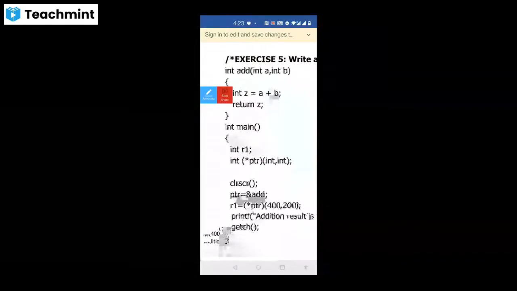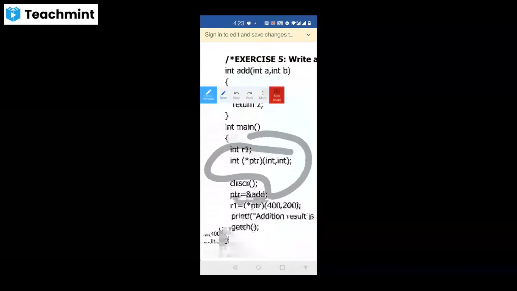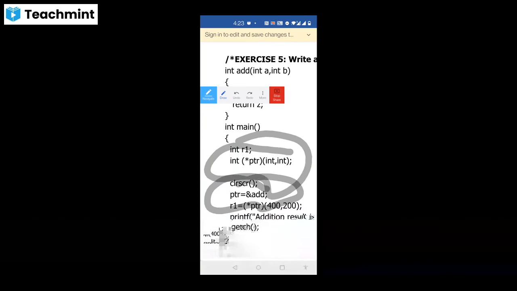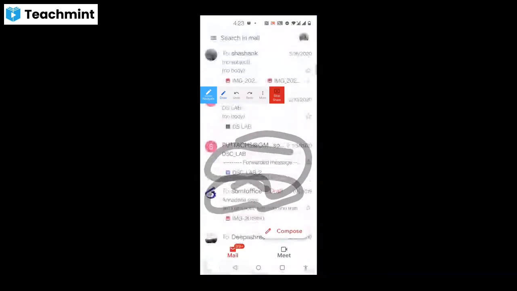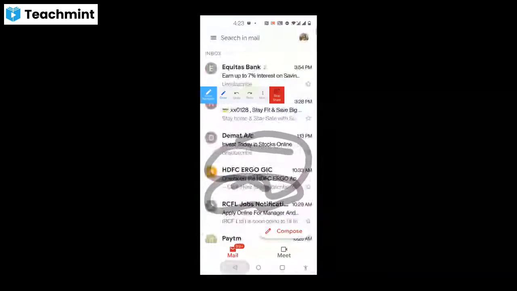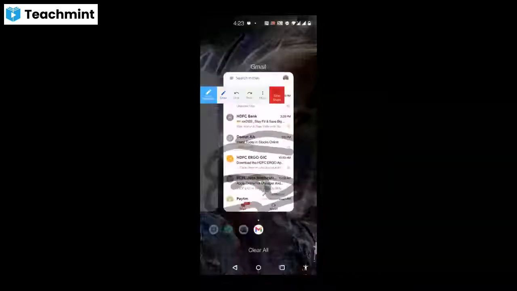So here you are declaring, you see this, I will show you. This is the important point you have to understand. This is a pointer to functions. It contains the address of the function add in ptr. I will explain in the class, don't worry, when you come. We'll meet in the next class. Okay, right. Thank you.